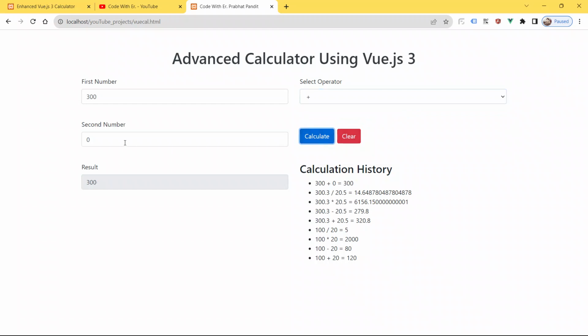See, boom guys, you can see here the first number is 300 and the second number is 0, and the operator is plus. So the result is 300. You can see here 300 plus 0 also equals 300, and now choose the operator minus, and now hit the button